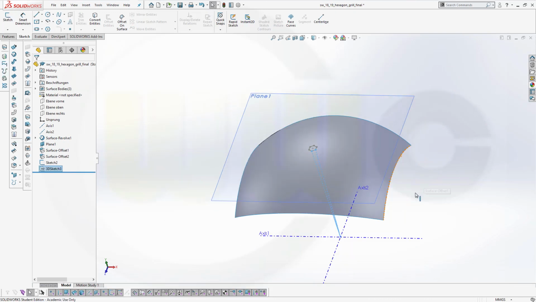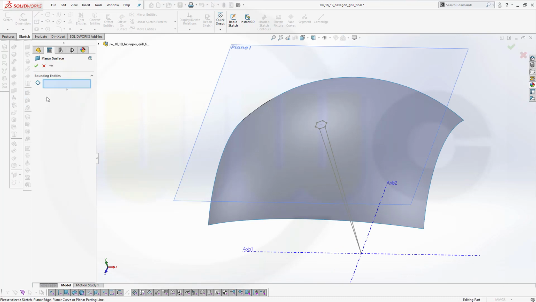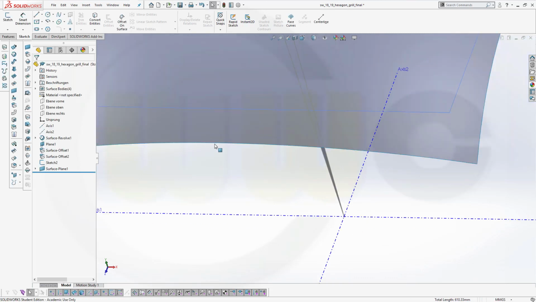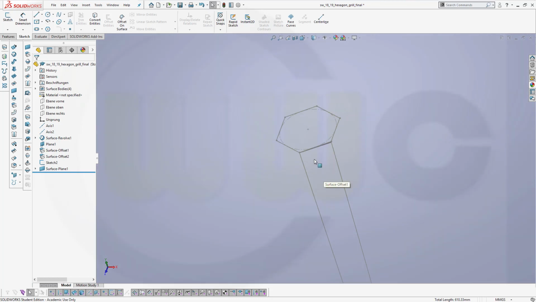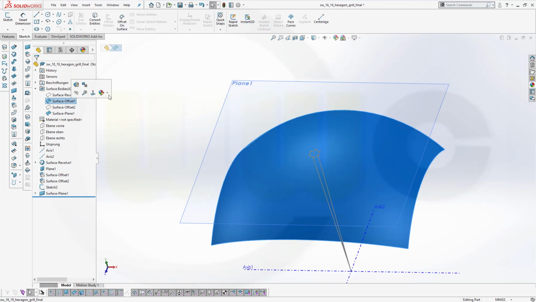Leave that sketch, and now let's make a planar surface here, and go here and go for start contour selection. Now I can select it and have a planar surface, and that would cut this surface. Now I need to make a circular pattern with that surface, so maybe hide the offset for a moment. Okay,